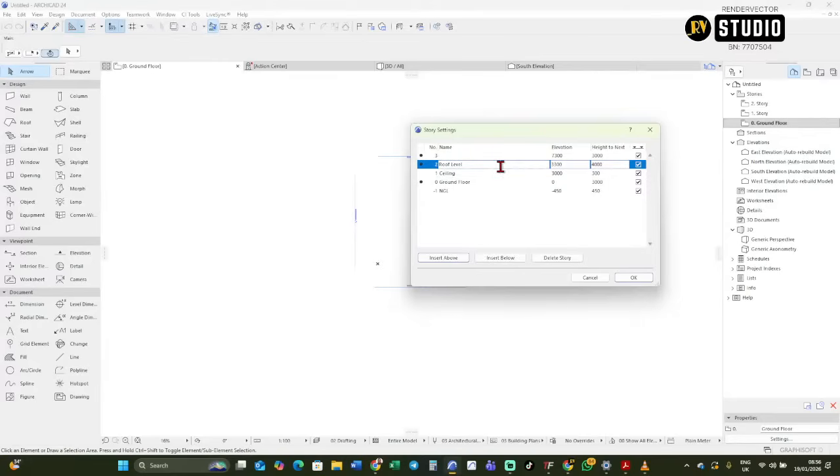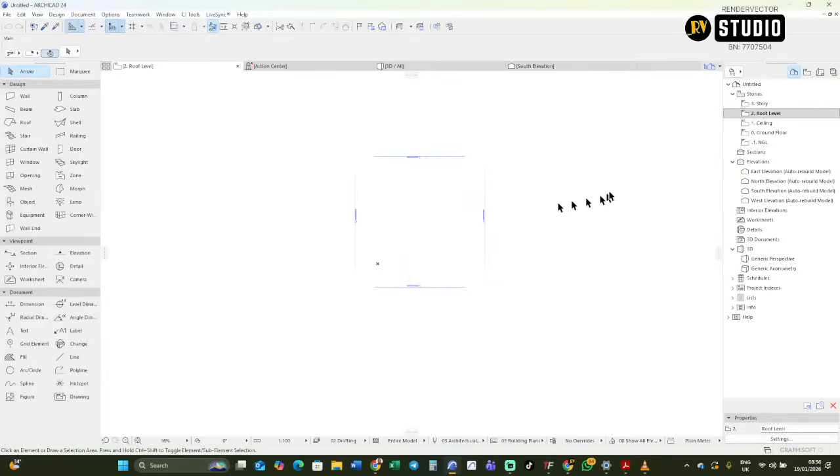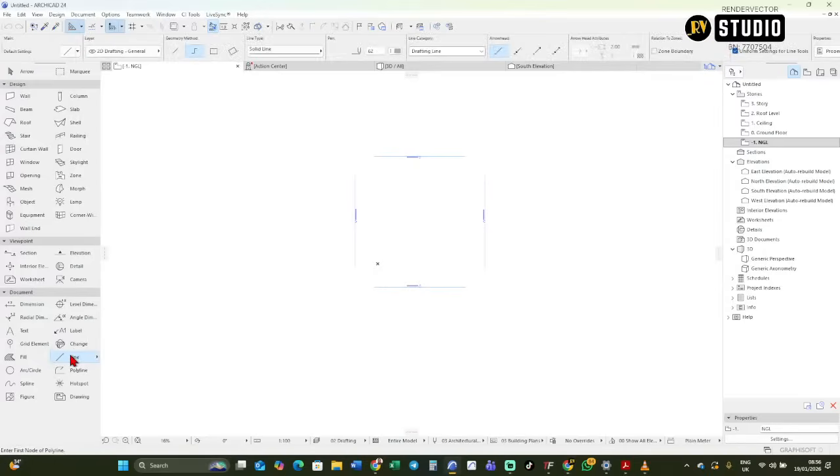So the roof level is where we'll get the roof plan from. This other one, we're just going to leave it just in case. So when I press OK, you see that the floors have been created here: natural ground floor plan, ceiling plan, and whatever. So I'm going to go to the natural ground floor and drop the measurement of the assumed site